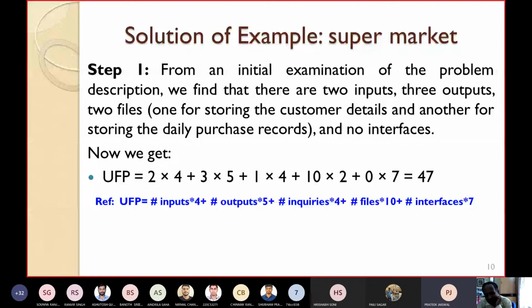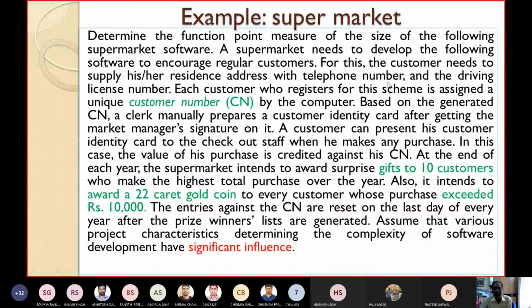Yes, so you are not taking name as an input, sir, because telephone number and address and license are already 2 inputs? See, suppose there is only 1 field, alphanumeric or alphabetic, where he supplies the address with the telephone number and the driving license. Here I have made the residence address with the telephone number 1, because telephone number is unique, and driving license another 1. In that way I have taken 2.